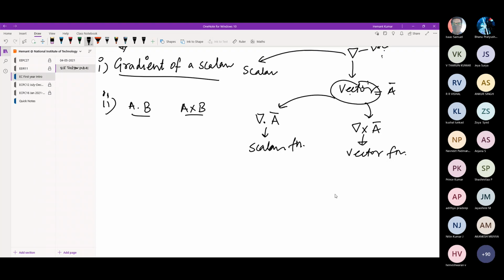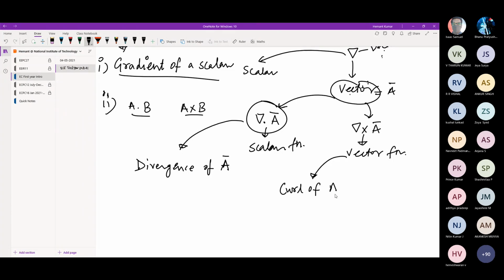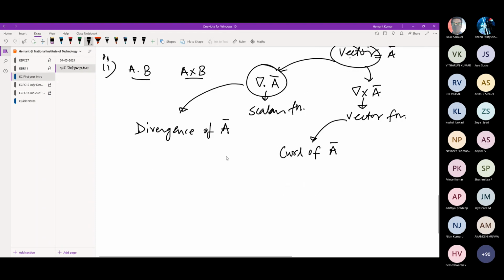So what does this dot term mean? When you apply del to a vector quantity using dot, it is known as the divergence of A, the divergence of a vector. And when you apply del cross to a vector, it is known as the curl of A. So what do we mean by this divergence of A and curl of A? Divergence of A tells